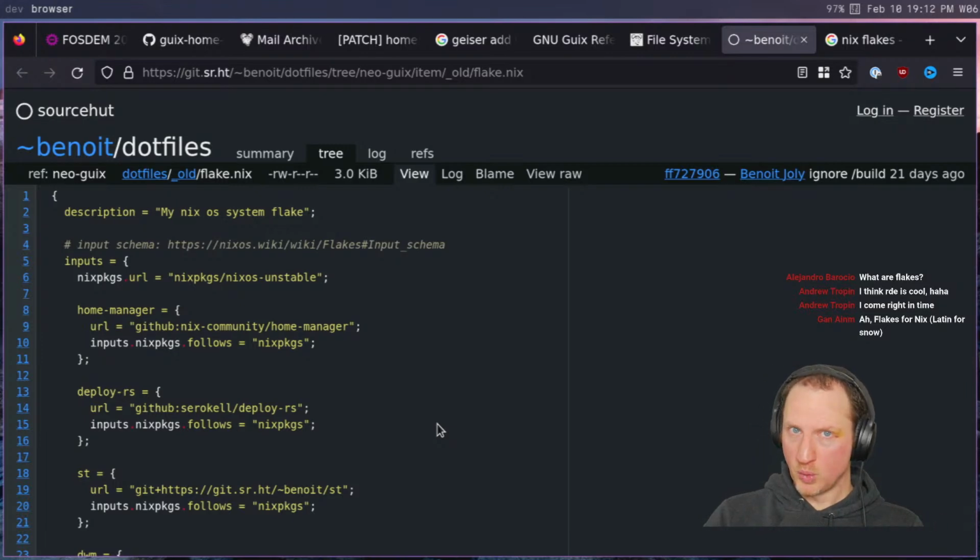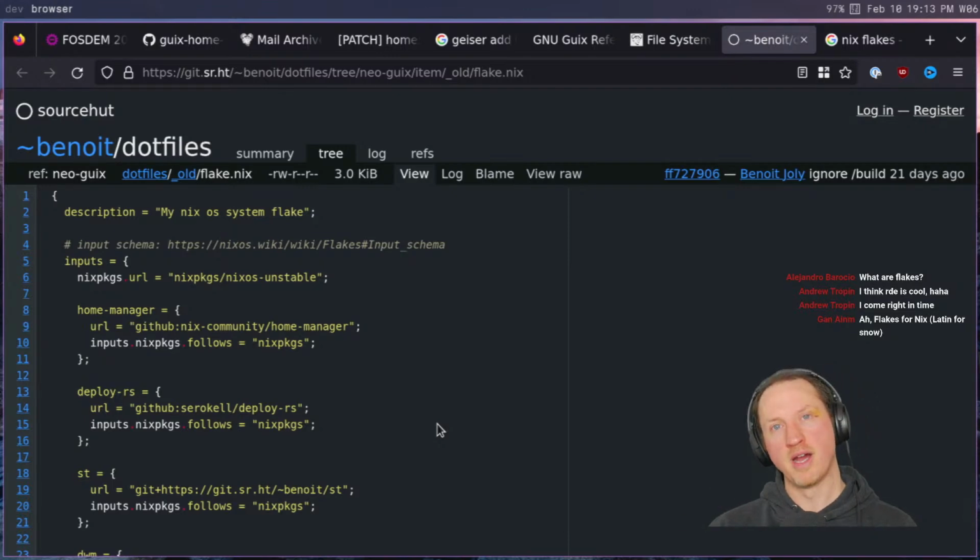So I think this would be pretty cool, because one problem that people have whenever they have bought into Guix and have been using Guix for a while, and they've already got their system configurations and their home configurations for various machines already set up, is that to install your whole configuration on a machine, you have to run Guix system reconfigure. You have to go through the whole installer process, which may be unavoidable. And then you have to log into your user account and then run Guix home reconfigure. So if there was a way to have one overarching configuration file that you could just use one command to apply everything all at once, then it's conceivable that you could just point that command to a URL,